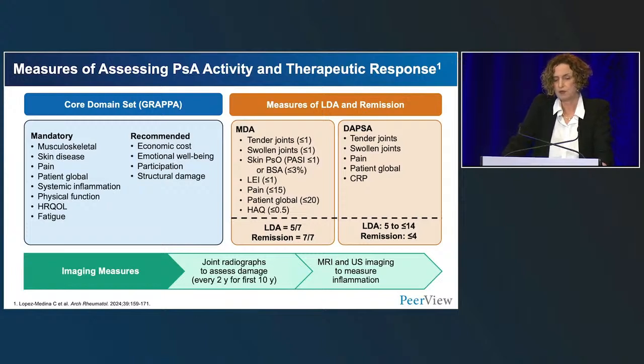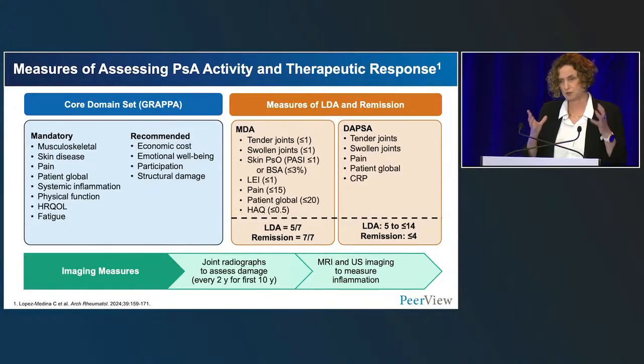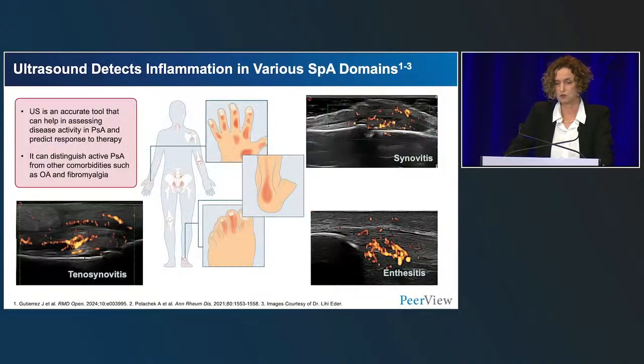Now, we'll talk about the fact that many patients are not achieving target, and sometimes this is not because of active inflammation, it's because of other things like pain and physical dysfunction, but without having objective signs of inflammation. And this is where imaging becomes helpful in identifying those patients that continue to experience symptoms but don't have any active disease. So ultrasound is a tool that